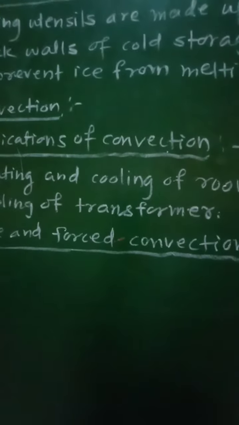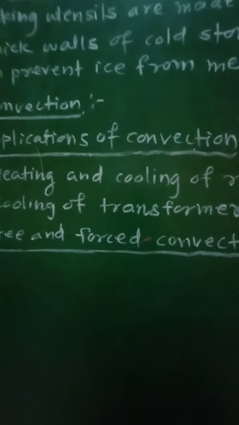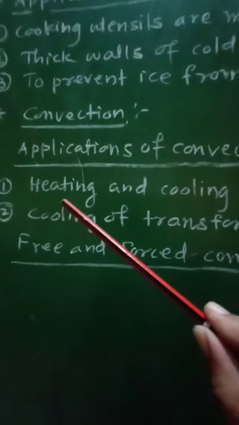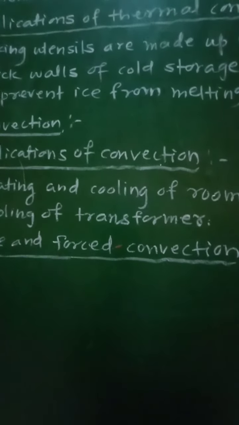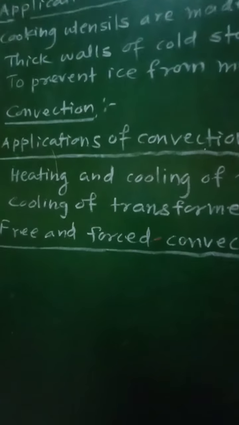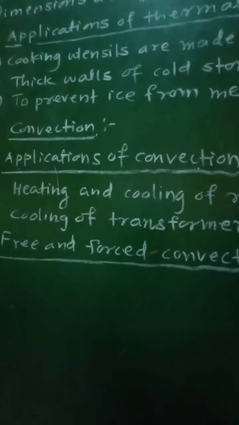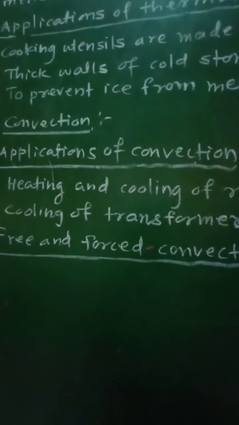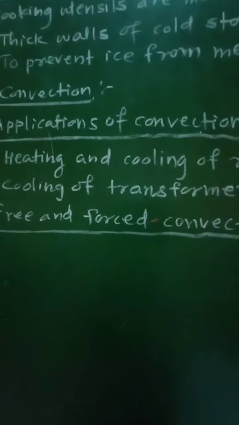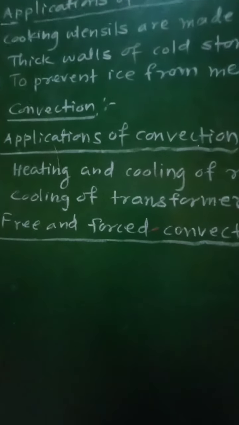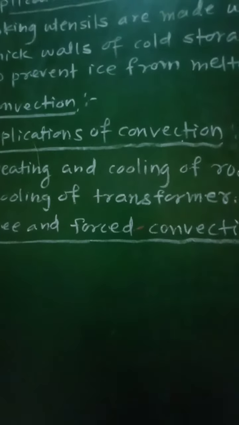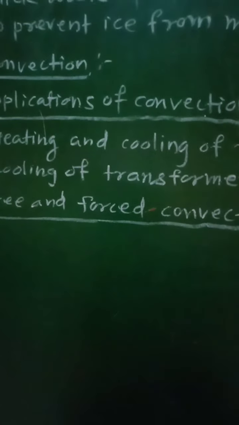get heated throughout. Then the second example of this convection, that is the second application, is the cooling of a transformer. So due to the large amount of current, there will be heating of the transformer, and then we have to cool that transformer, and therefore due to the currents flowing through the windings of the transformer, the continuous heat will be produced. So if you consider the construction of the transformer, it consists of primary as well as secondary coils, and then these coils will be provided with the windings, and therefore when the currents are flowing through these windings,